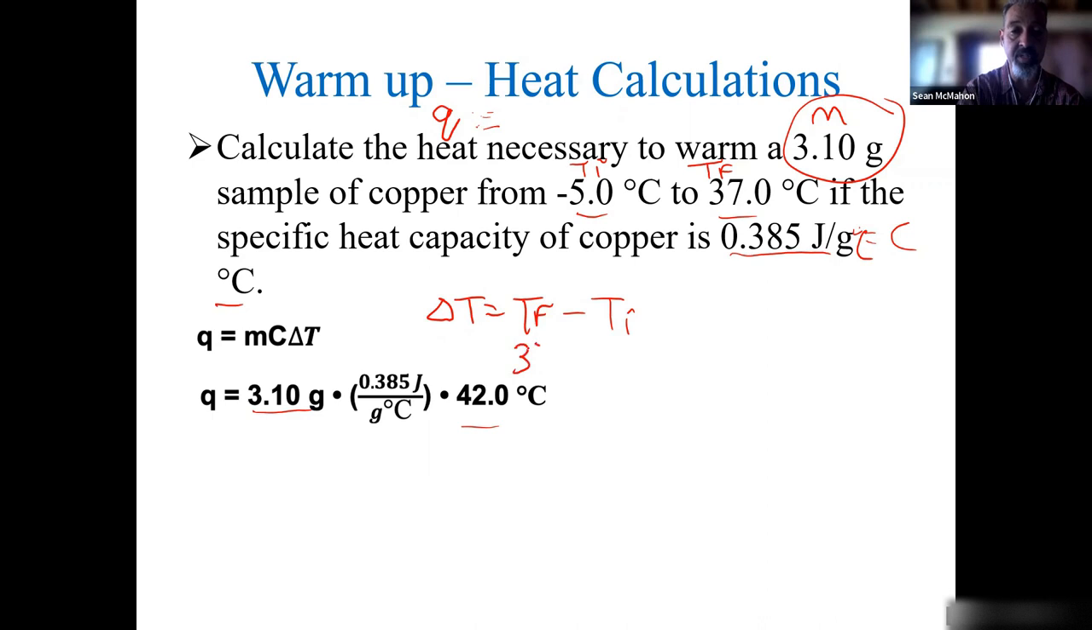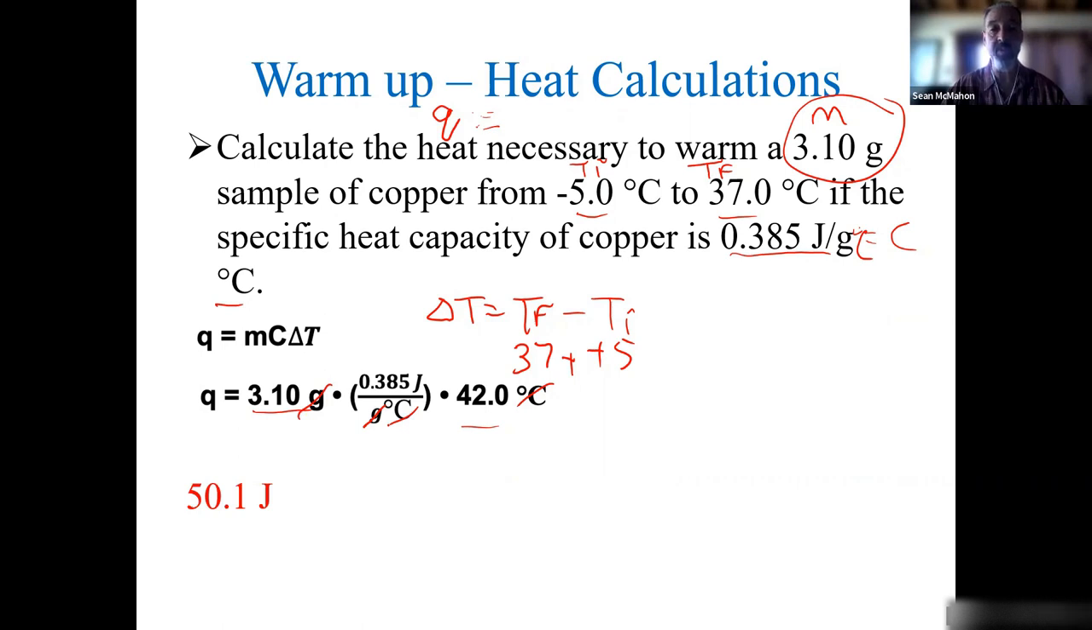And if I go 37 minus a negative 5, I use my rules for subtraction of a negative and it becomes positive. And 37 plus 5 is where I get the 42 degrees Celsius. Then I also see in the formula the grams cancel and my degrees Celsius cancel, because I want to make sure the units cancel, just like with the conversion factor. I get the answer of 50.1